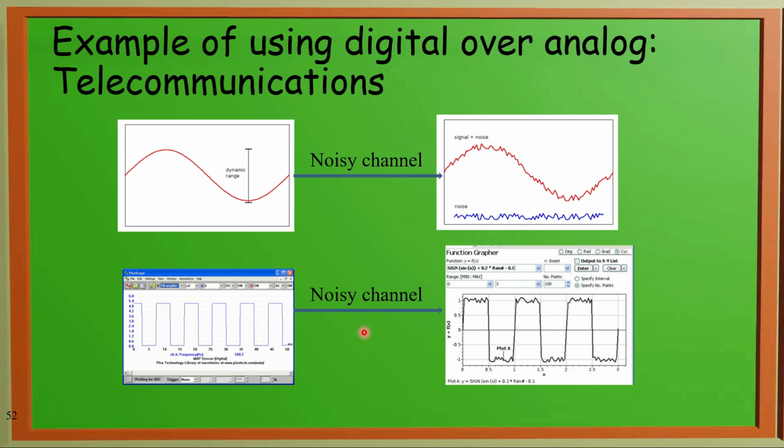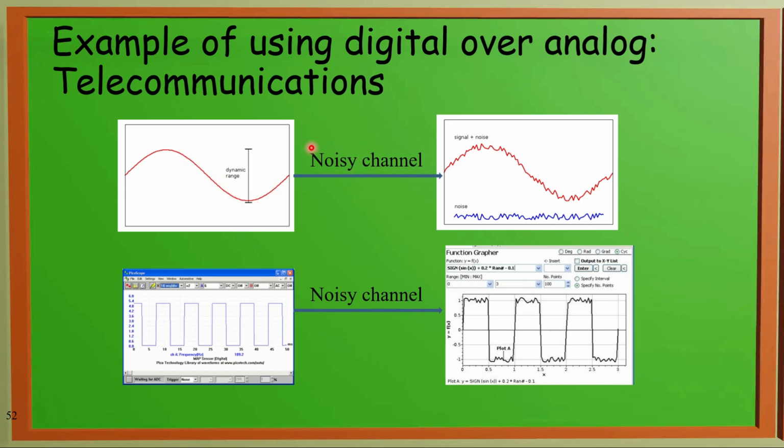One more reason to choose digital system is that in analog system, the number of inputs is infinite, and the analog signal is continuously changing. We have to remember each and every instant of this particular signal. But digital signal values are compared with only two levels, either low level or high level. So the system has to remember only two levels. But in analog, we have to remember infinite levels of the signal.